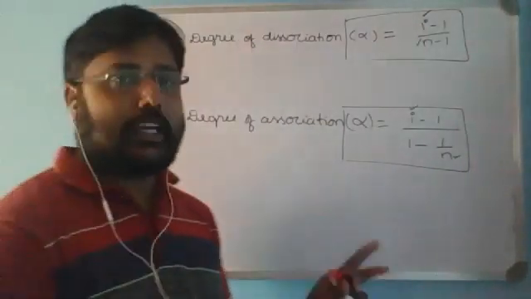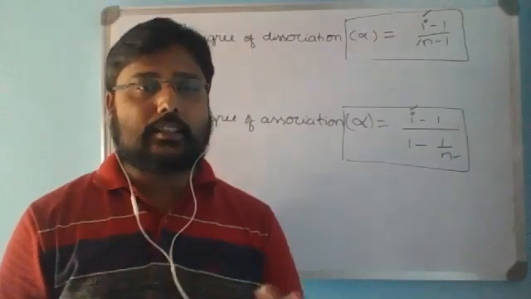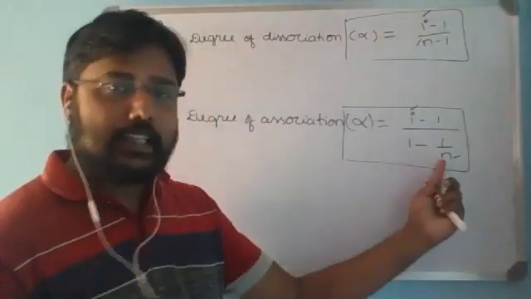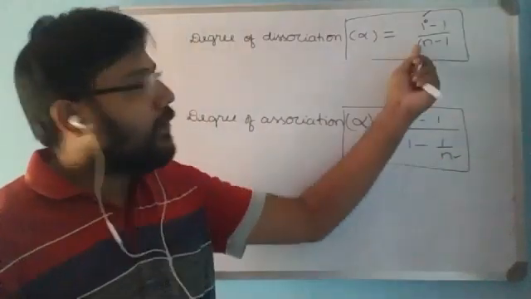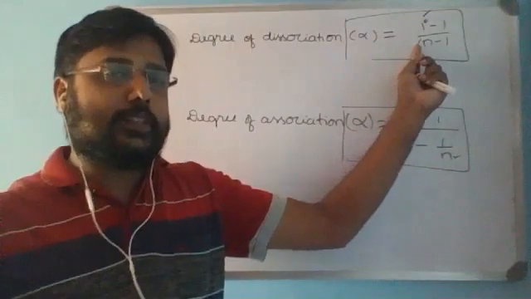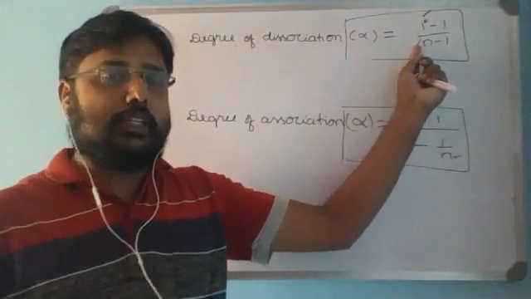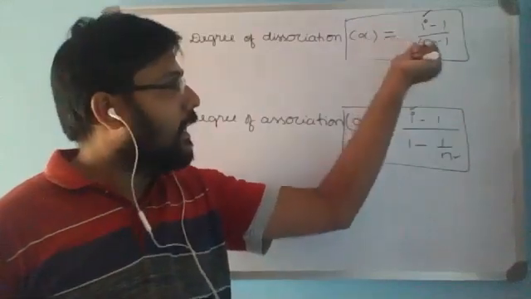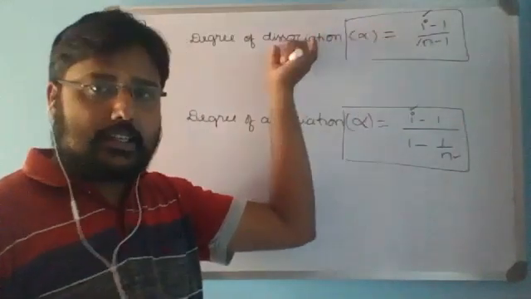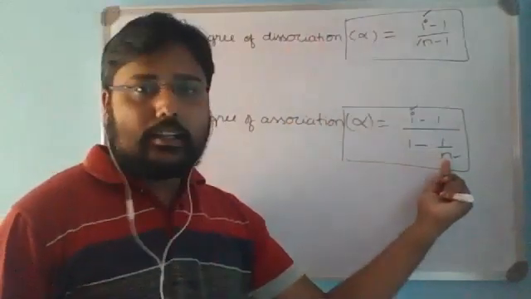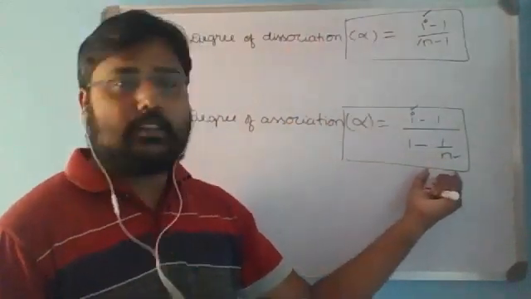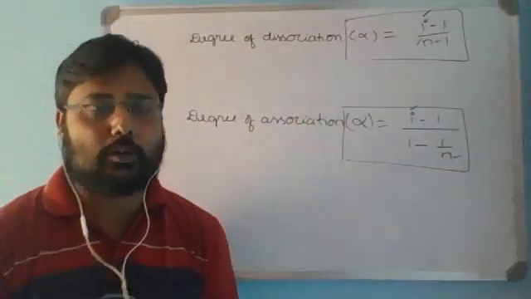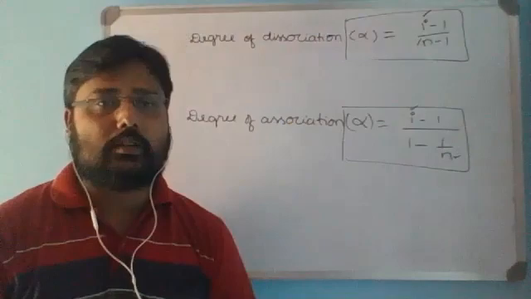For example, if you take acetic acid, 2 moles of acetic acid undergo association to form a dimer in the solution. Hence, the n value for acetic acid will be 2. The n value for NaCl, the number of dissociated ions, that is Na plus and Cl minus, again here n value is 2. So observe dissociated ions for n in this case, and take the number of particles associating in the other case. These are very important formulas for competitive exams, so try to remember this.